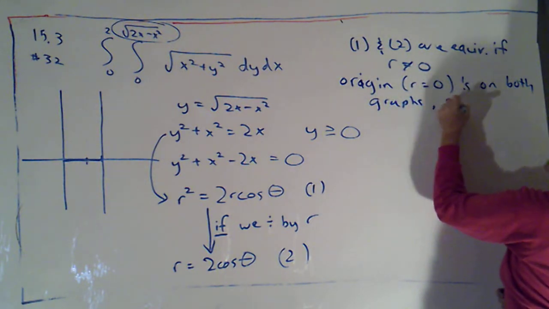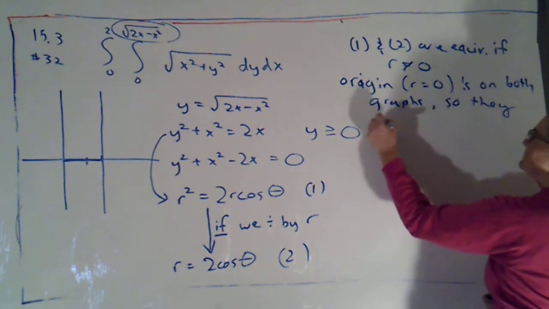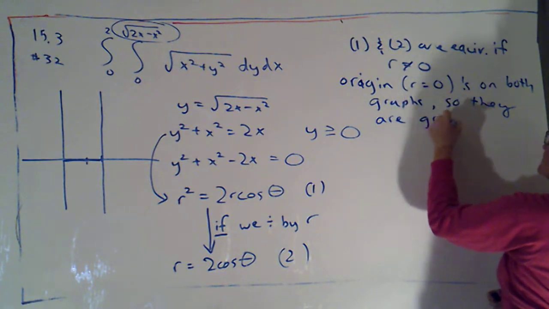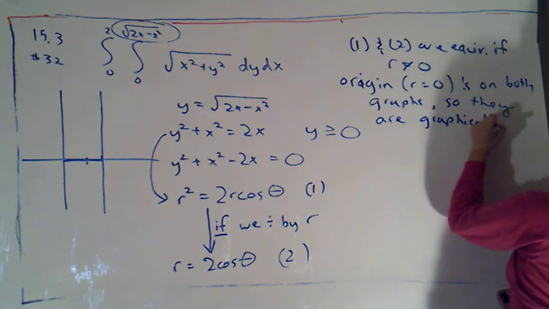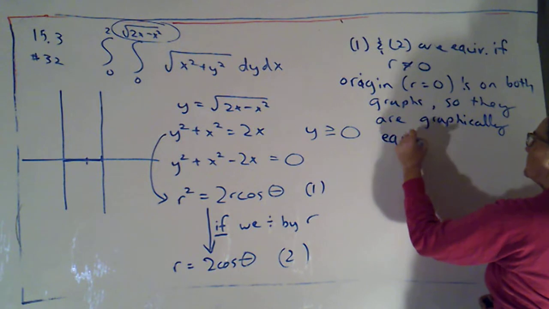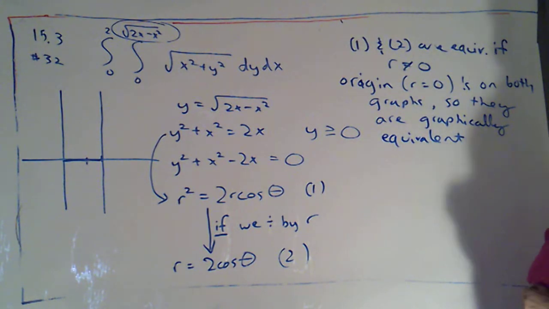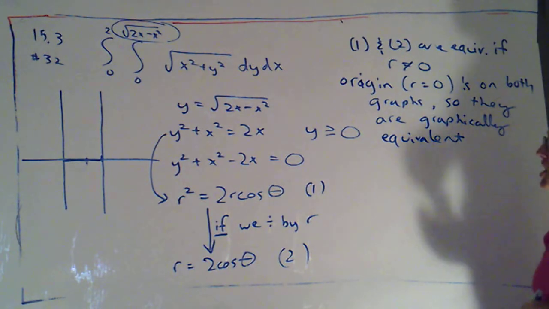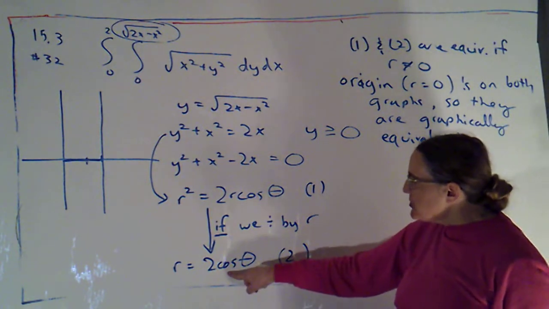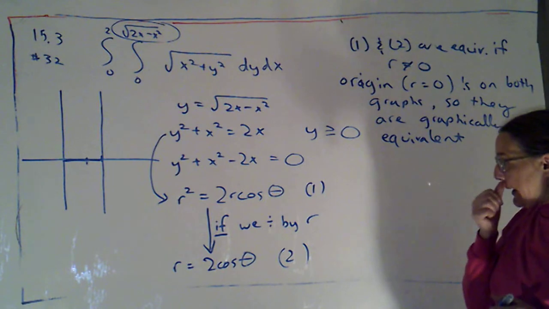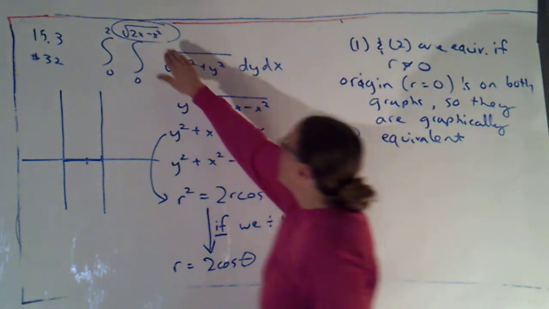So they are graphically equivalent. Very, very cool. Okay, so I've got r equals 2 cosine theta is going to be my upper limit of